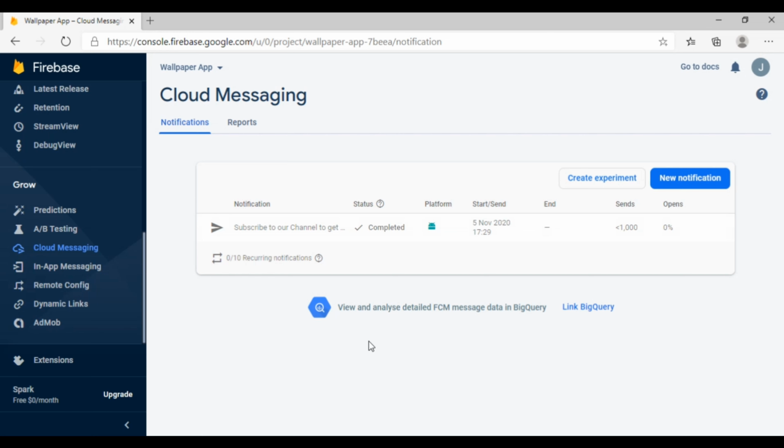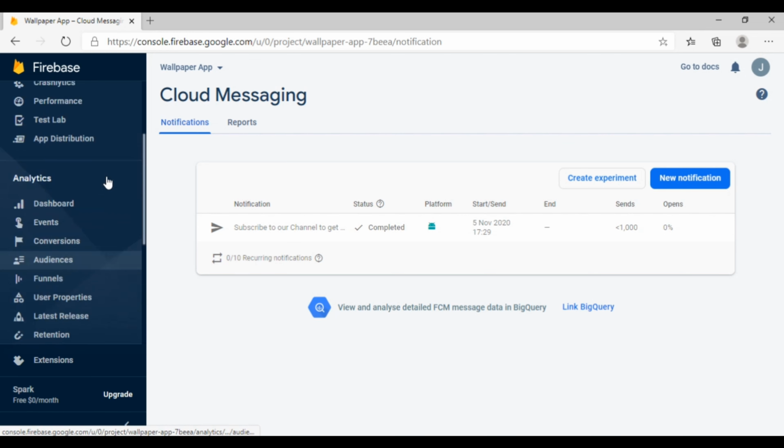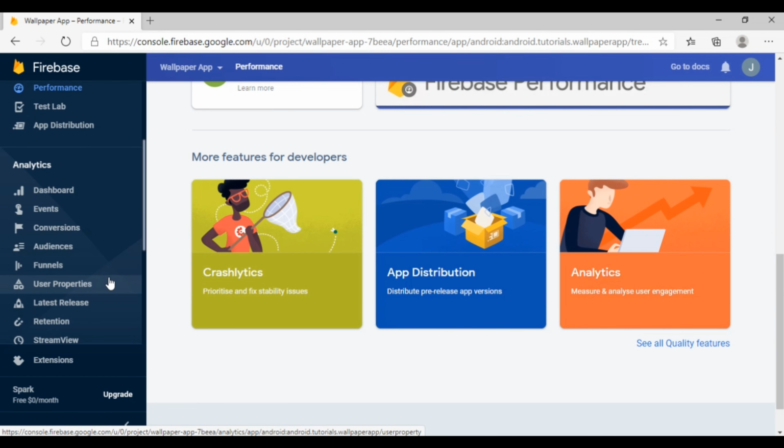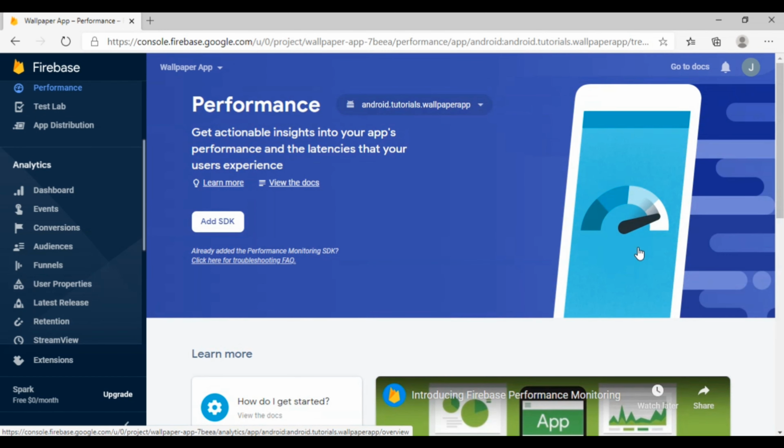Now let me introduce the performance tracker. The performance tracker is basically a thing which shows the performance of your application. It is good practice to see how your application is behaving, and some errors will be shown here. It should be 100% performance, and it will be automatic, so we are not going into the depth. It says add SDK, but we had added it, it will get synced and we will update this message.